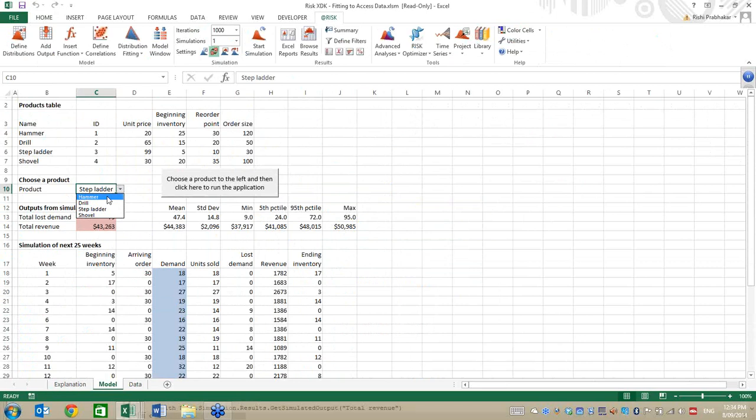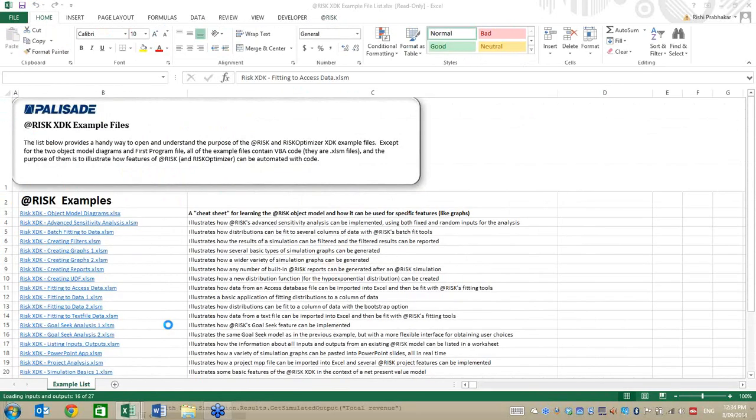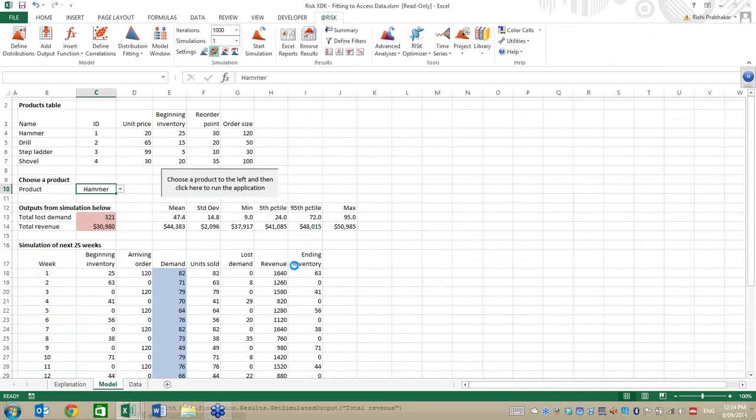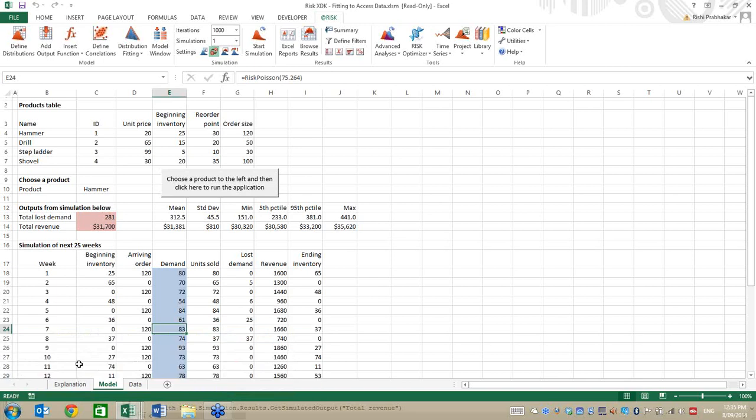If I choose a different product, let's look at hammers. Okay. What's my hammer data look like? Well, it looks different. So the distribution fitting is now being done, and I have a different risk Poisson distribution representing the demand for hammers. Now, what is it doing here? It's not just sticking to